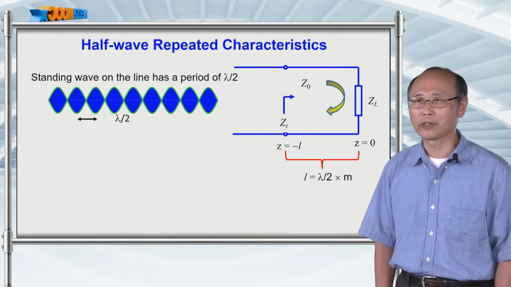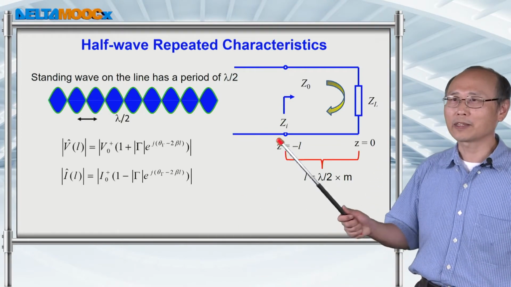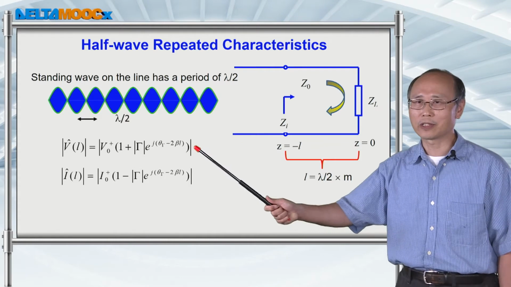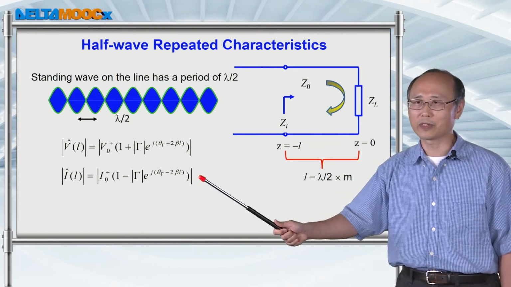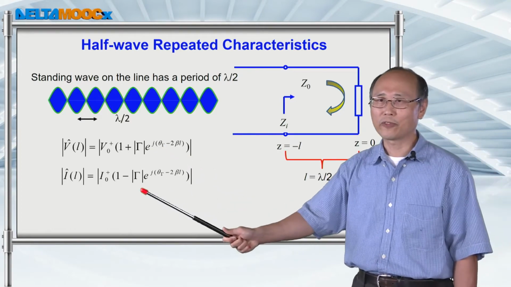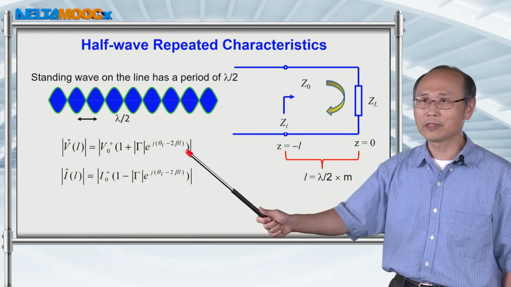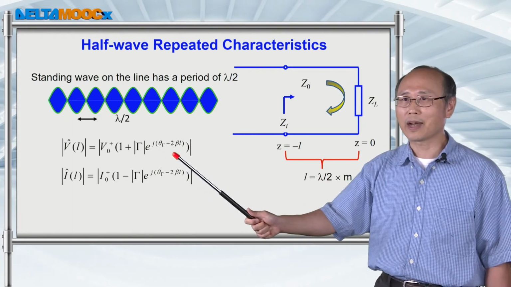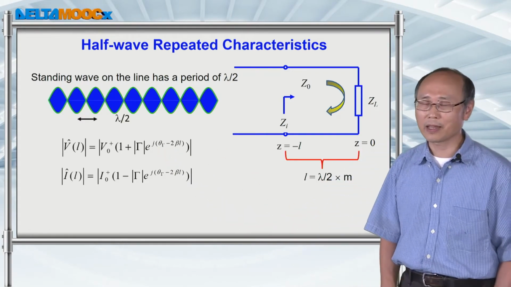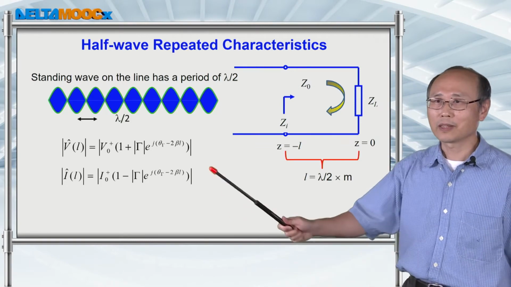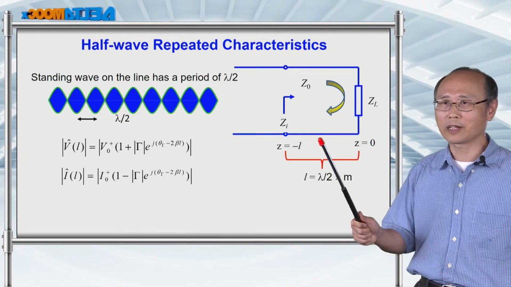But now we want to look into this rigorously from the physical model. So suppose that you have an envelope function for V and I, which we derived previously. And from this envelope function, the variation of the value versus distance is decided by this phase. And usually the reflection phase is decided by the impedance. But this phase, beta L, is a function of position on this line.